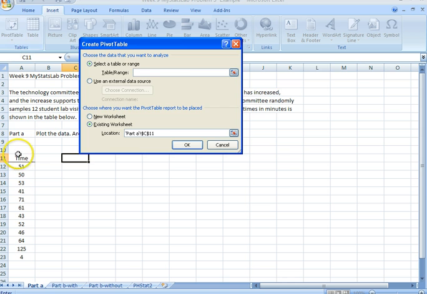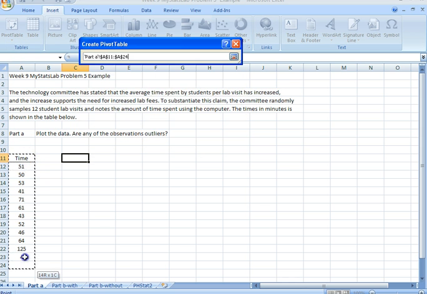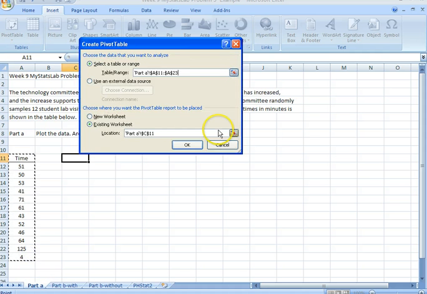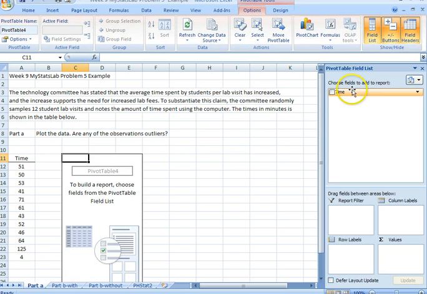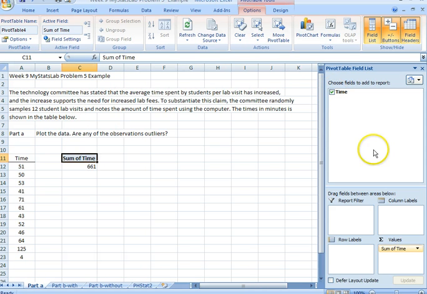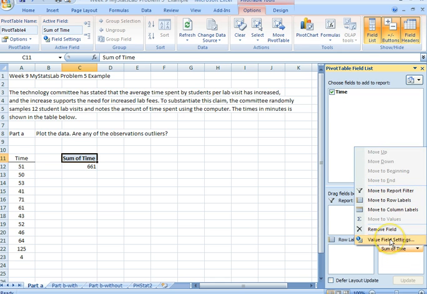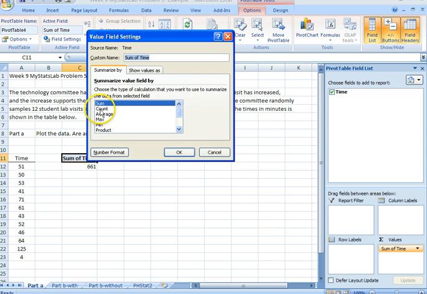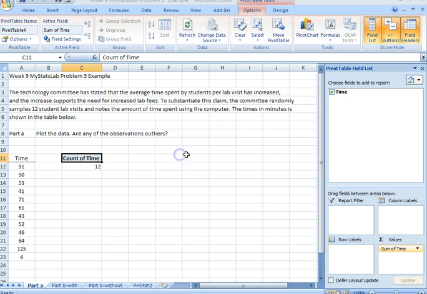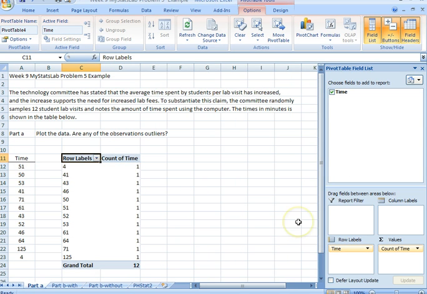It asks us for our data range, which is our data here. So we have that in there. We'll click OK. Now we can create our pivot table. So in the field list, we'll click on time. We're going to left click down here on sum of time, and we're going to check value field settings. So we click on that. We need a count to do our bins. We'll click OK. Now we can take the time and drag it down to row labels, and there we have a count